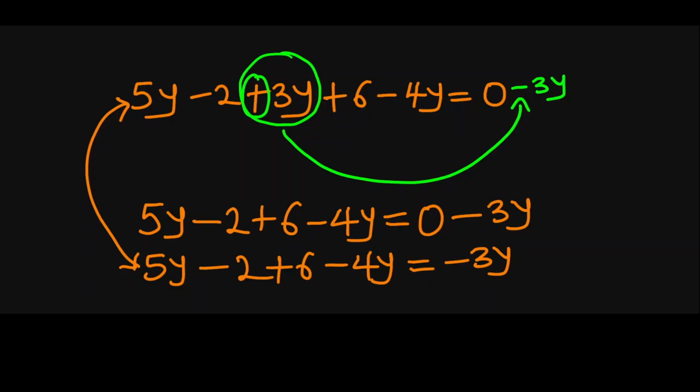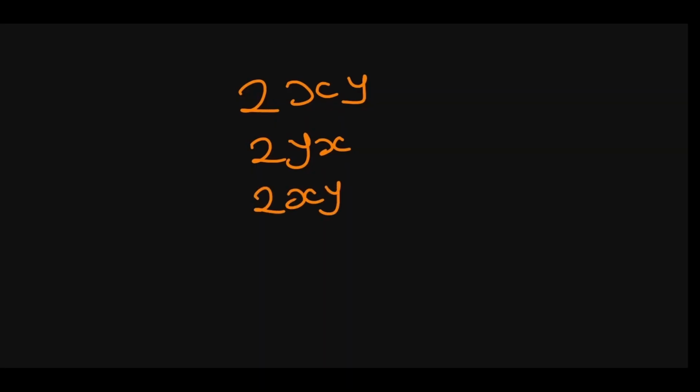Now, there's one more thing that we are going to talk about before we start taking examples to solidify what we've learned, which is just the conventions, the standard ways of writing an algebraic term. If you had an algebraic term that has, say, variables like xy, so 2xy. Now, if you write 2yx, it's not incorrect, but it is just not standard or conventional. So the conventional way is to write the letters in the way they appear in the alphabet. So if you had 2yx, it's better to write it as 2xy, just to make it conventional worldwide.